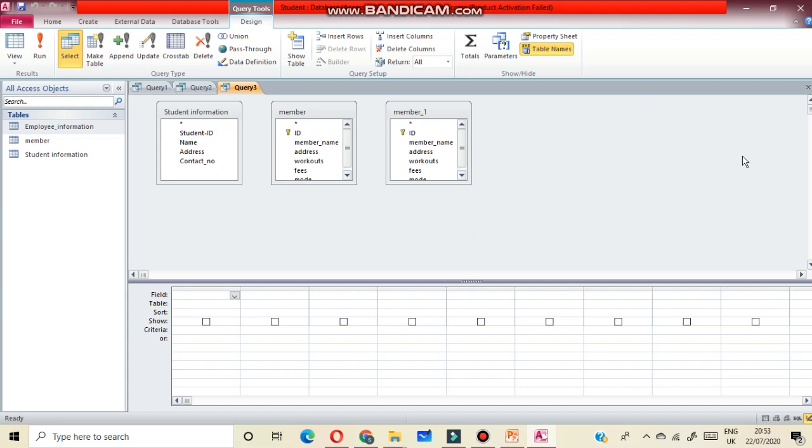Then you can see here, type the data that you want to view.